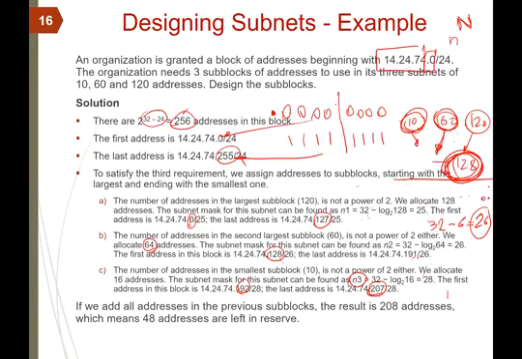Okay, I think we may need to do some more examples on subnetting. So we'll